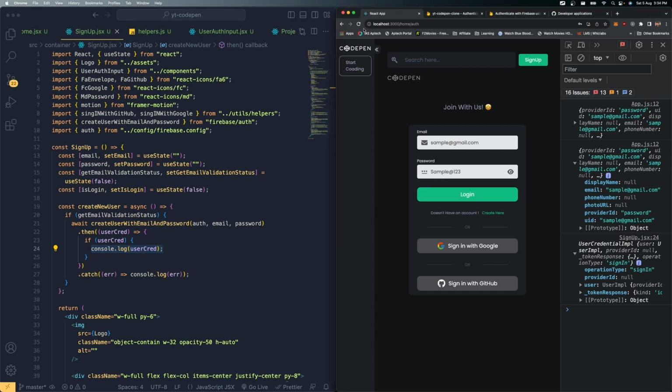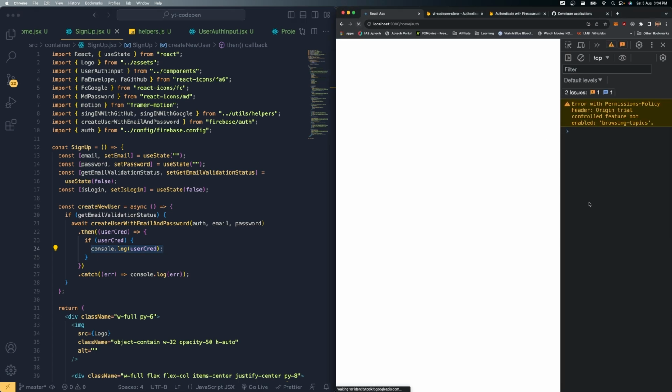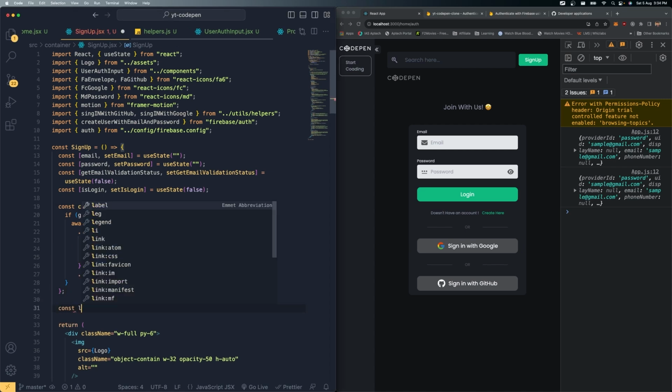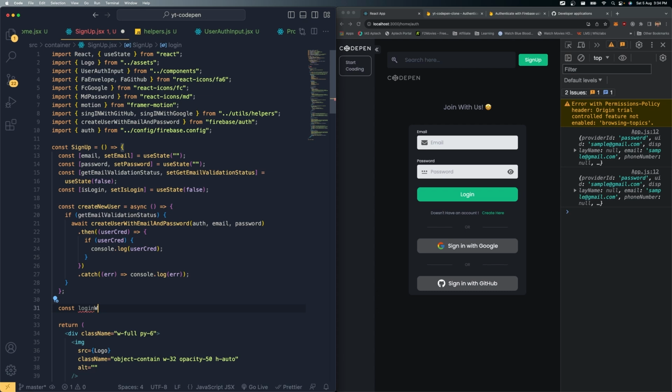So now here I need to worry about the login. If I refresh this one, you can see that sample@gmail.com is authenticated right now. All right, so I need to go to the login. For login also, we have to do the exact same stuff. Now what we need to do is create a new function. So just the same way, after here, I'm just going to say const loginWithEmailPassword,